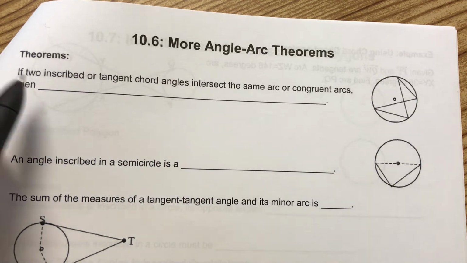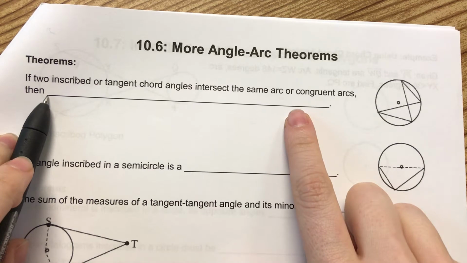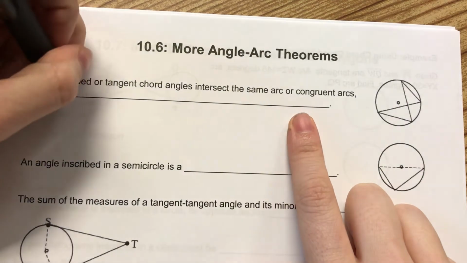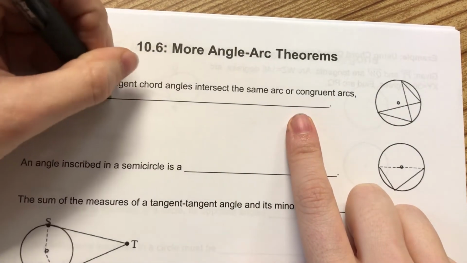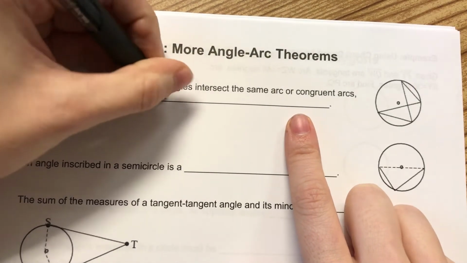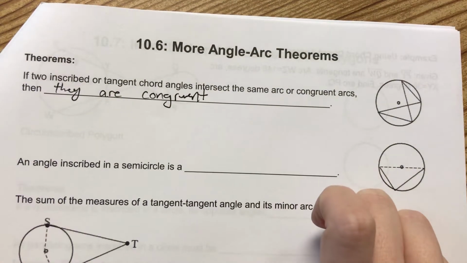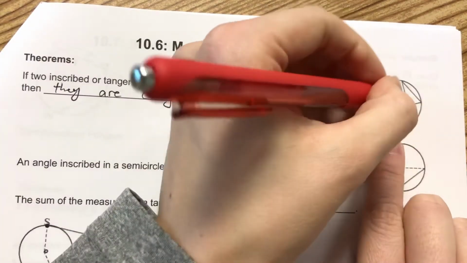The first one says if two inscribed or tangent chord angles intersect the same arc or congruent arcs, then they are congruent. And this is something we've already seen. So then they are congruent. All right, and all this means, this is again something we've seen before, it means that in this diagram,